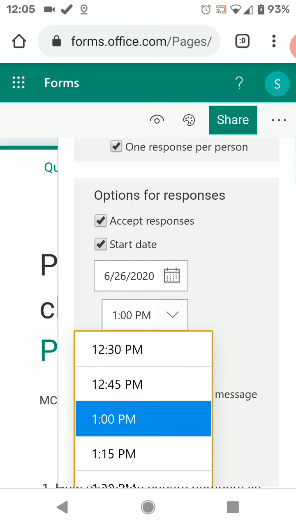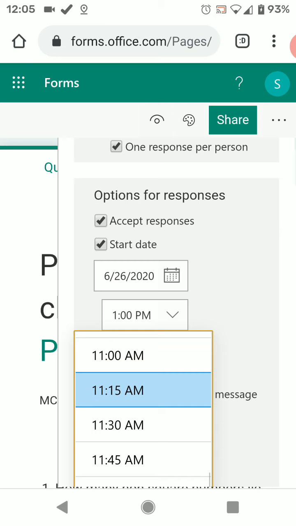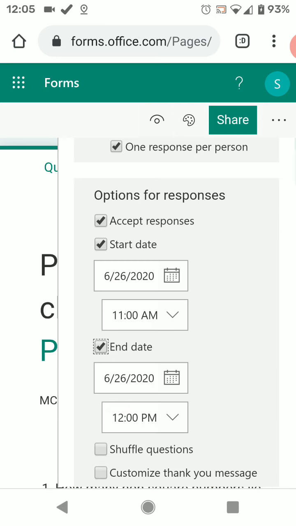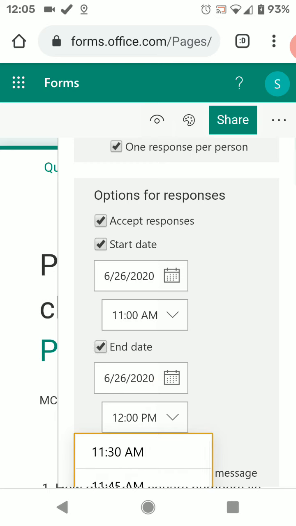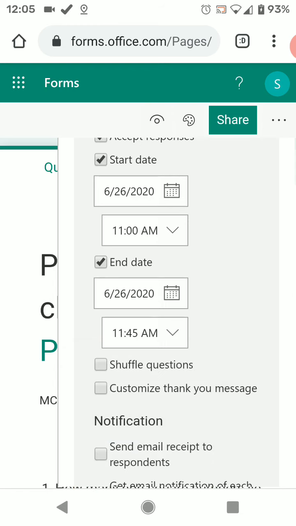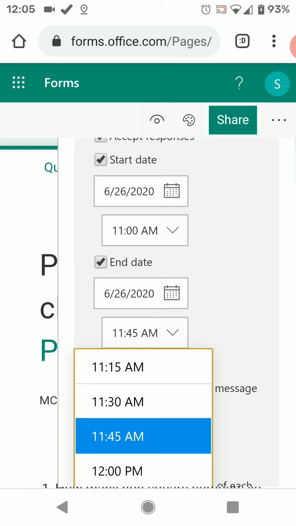Then you can select the time also. For example, I want the students to join it in the morning at 11 a.m. Then you can also choose the end date. For example, I am choosing the same date, and I want the child to finish it in half an hour.